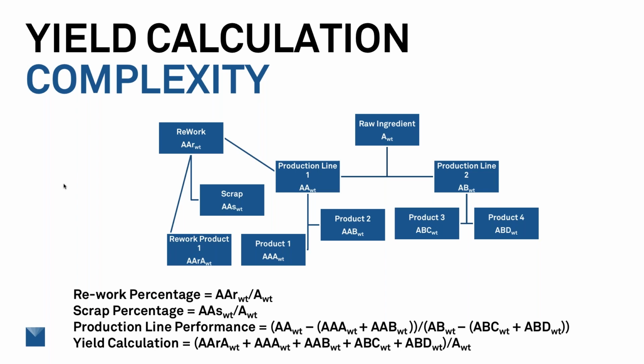And so immediately all of this stuff needs to hold its identity. It came from that original batch of raw ingredients, batch A we would call it. And we need to be able to track everywhere that batch A goes in order to understand where product is moving to, where losses are occurring. So for instance, we need to know the final weight of product 1 shipped, product 2 shipped, product 3 shipped, product 4 shipped. We need to track the amount of batch A that went into rework, the amount that went into scrap and had to be sold at a lower price.